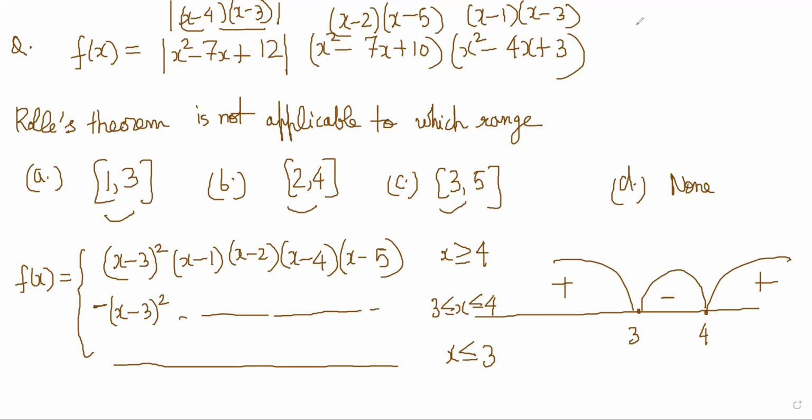For Rolle's theorem, you have to ensure f of 1 is equal to f of 3, and it is continuous and differentiable everywhere. Continuous at 1 and 3 and differentiable in the interior, right? F of 1 is equal to f of 3. That equality is not in doubt. But it should be continuous. It is one function only, from 1 to 3, so it is definitely one function, so it's not a problem.